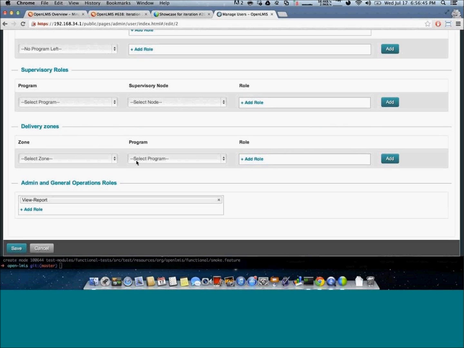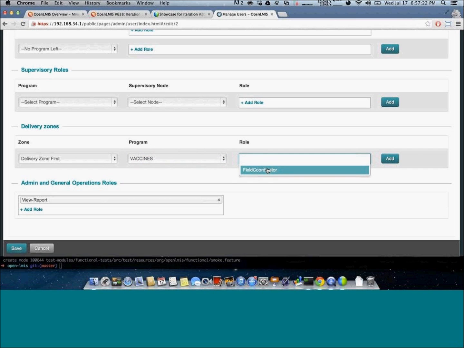And these programs are push-based programs. All the other roles can be assigned to pull-based programs. So essential medicine, TB, HIV, malaria, those are pull-based programs. And then if I select a delivery zone first, vaccines is a push-based program, and they are grouped by whether they are active or not. Since this is an active program, I have it grouped under active. So I'm just going to select vaccines,